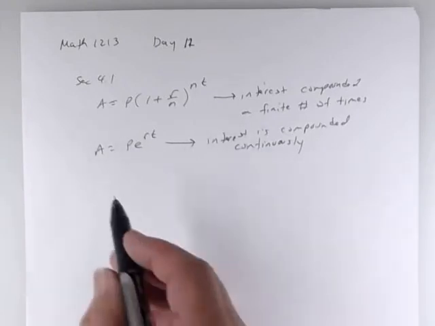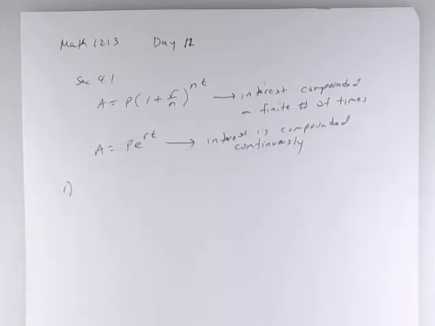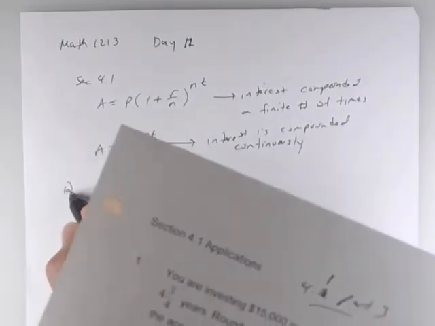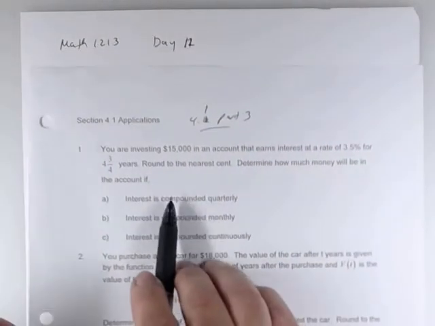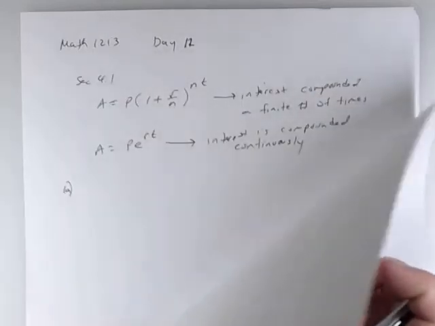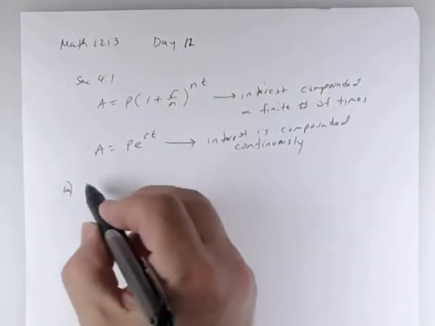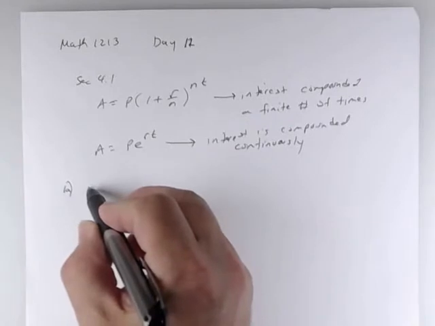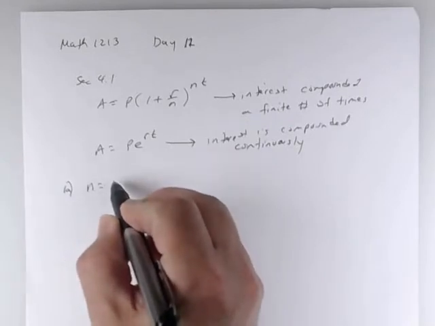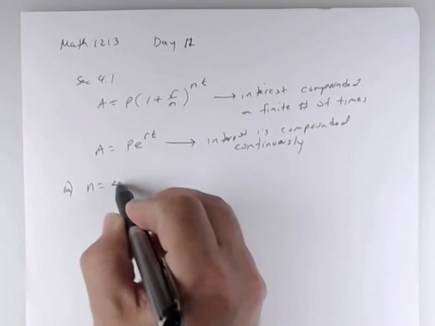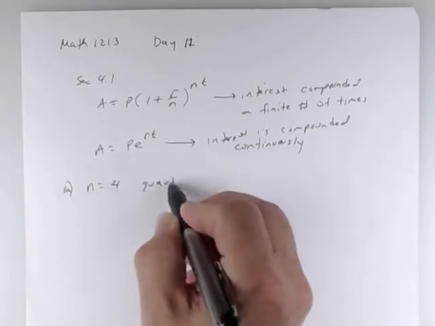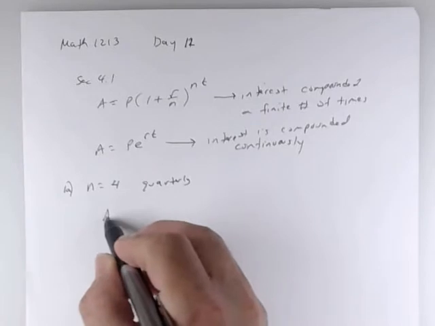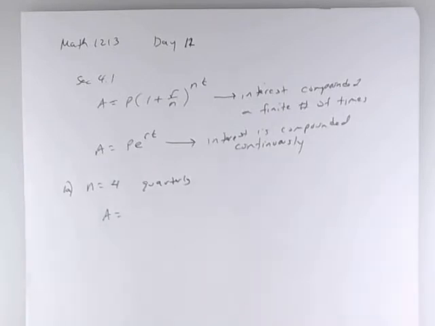So in number 1, part 1A, which of those formulas am I going to use? It says interest is compounded quarterly. Which one? The first one. All right, so we need to use the first one. So N in this case is going to be what? 4. So quarterly. So you're going to get A equals P. Remember, P stands for what word? The principal, the original amount. And what was the original amount? 15,000